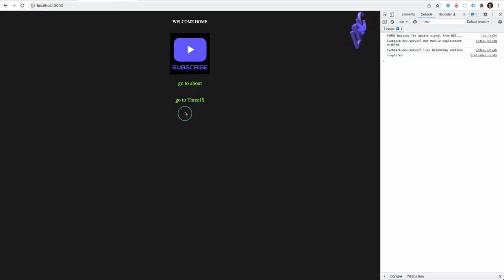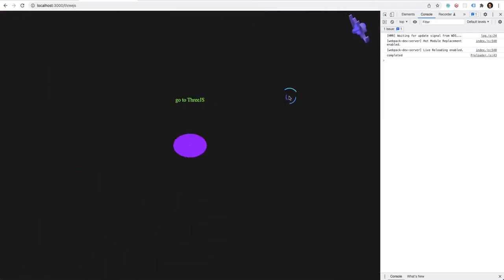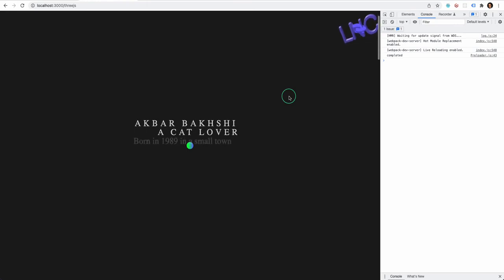And also we're gonna go to our 3JS page, because that's where we have some scrolling, and since we want to show the scroll progress, this is a good